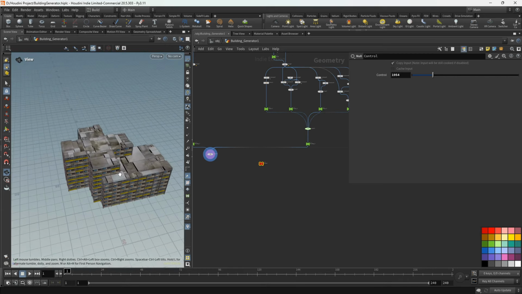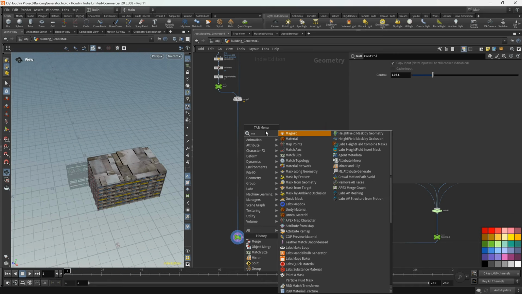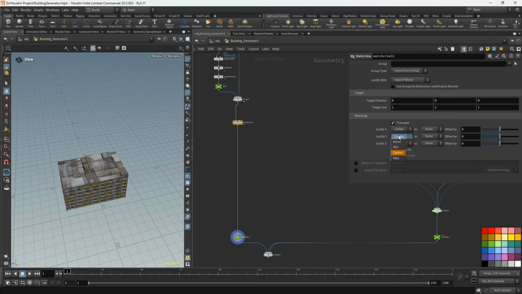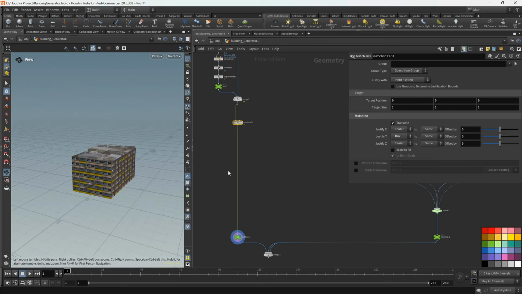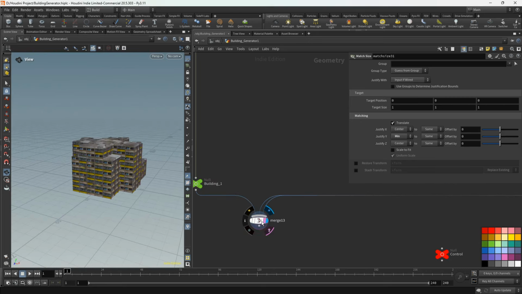So we need to move this. Let's add the match size node, and for this parameter we set up minimum, and